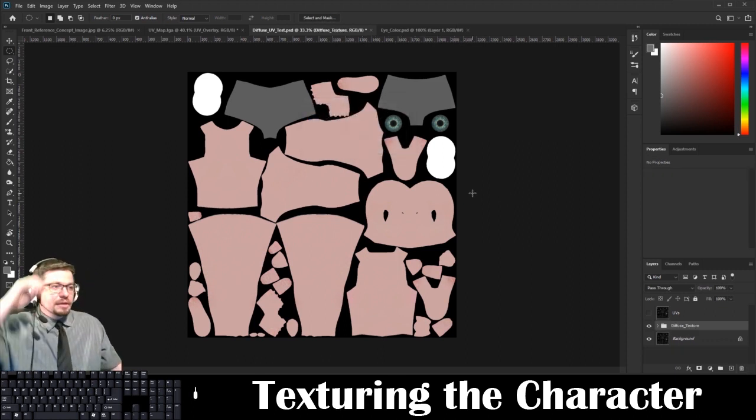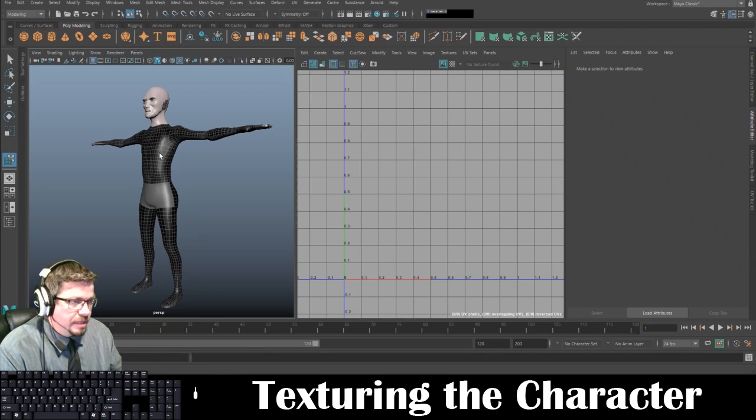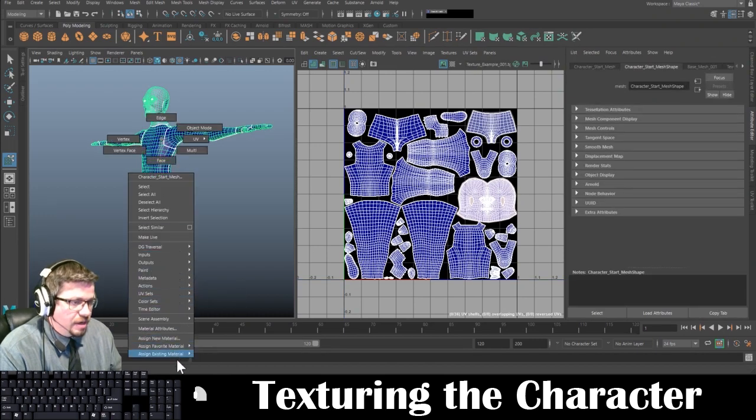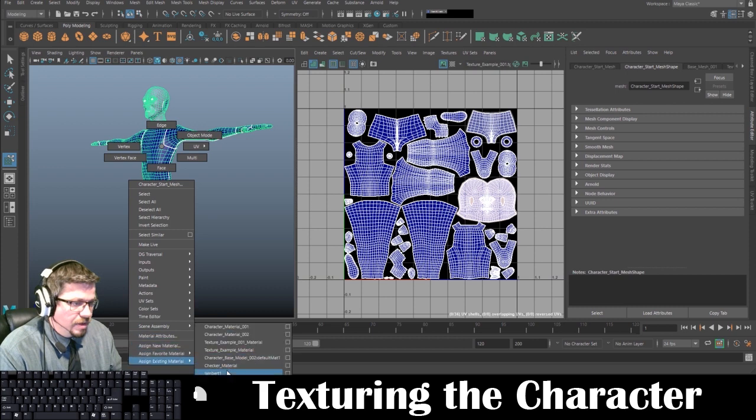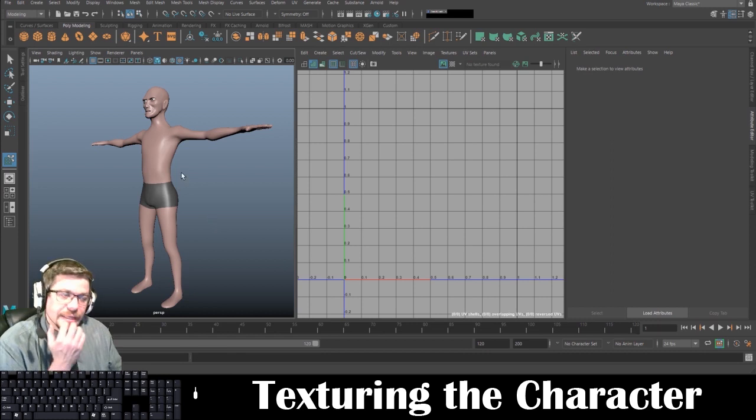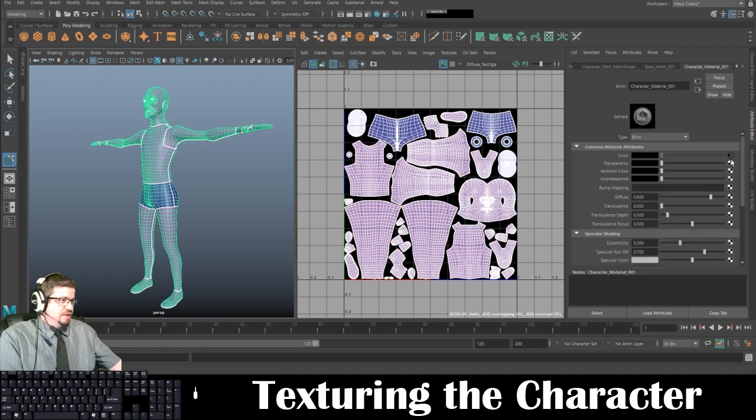Alright, so I've got my texture here basically all said and done. I just colored in all of the parts of the character, and I'm going to go back into Maya, and I'm going to assign this material. And I think I already have it on here. Okay. And then there's my material on the character,